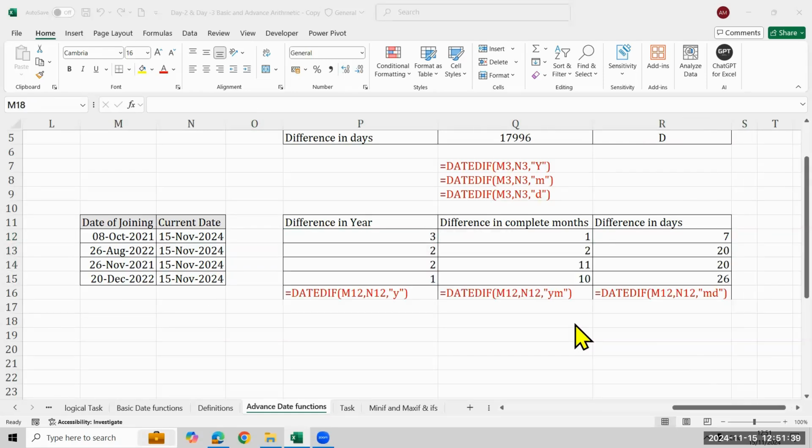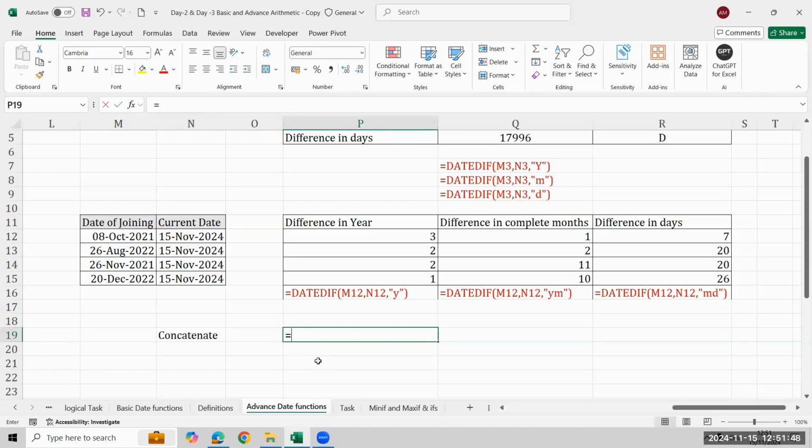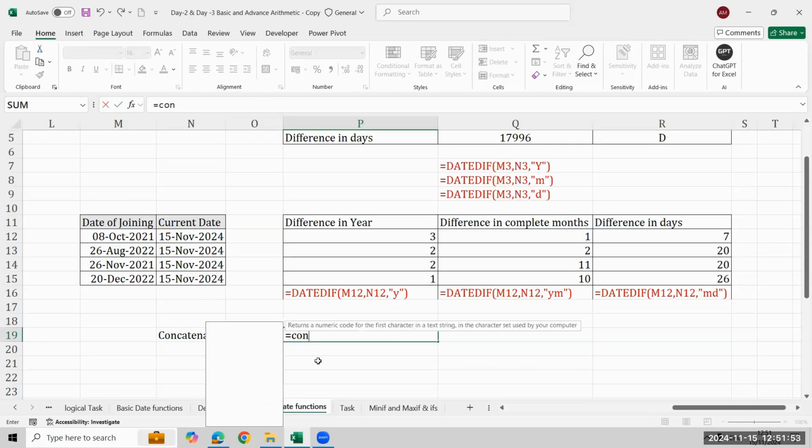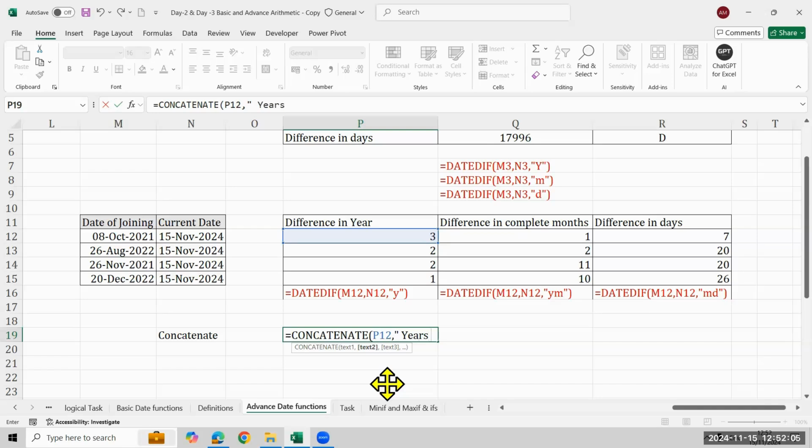To combine the text, we have one formula called CONCATENATE. Okay, to combine. So how are you gonna combine? Let me explain. See here. Everyone, please pay attention if you're done. CONCATENATE is a formula where you can combine two texts. So I'm selecting here 3 years, then I have to type here years, then comma, and again I have to select 1, and then again give double quotes,